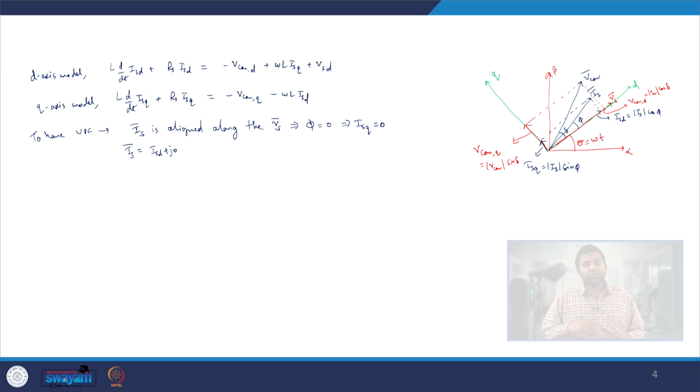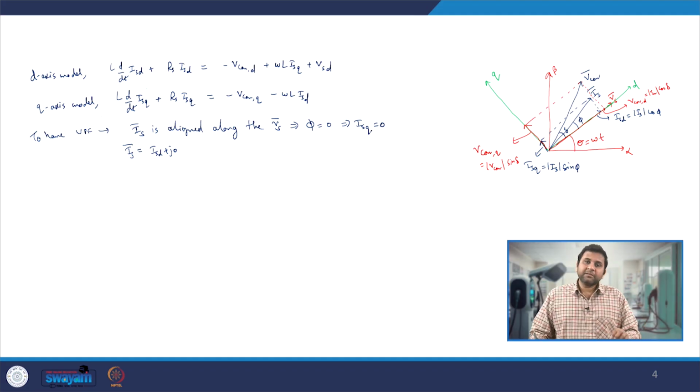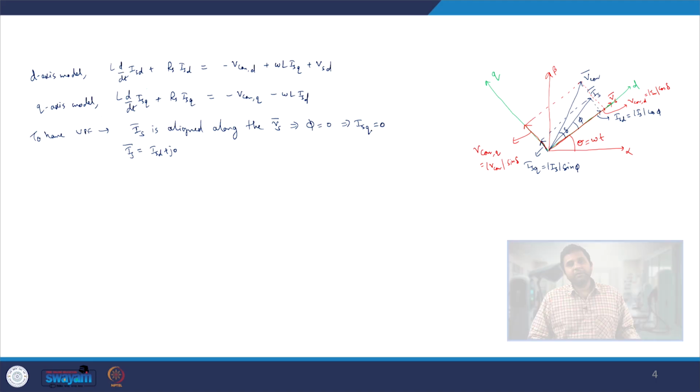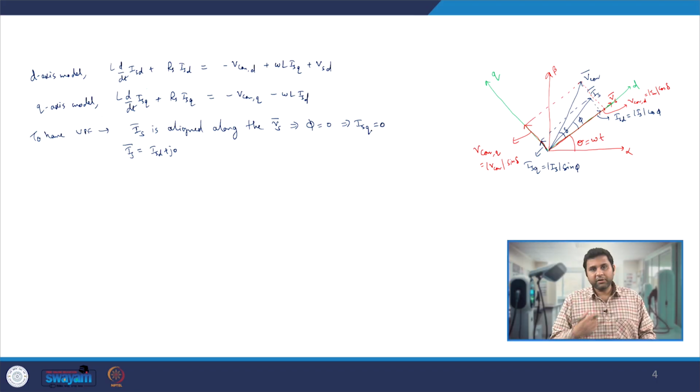And now let us say if we wanted to inject some reactive component of current, then we can make the ISQ component non-zero and then separately control the ISQ component and ISD component, and that is when you can also supply the reactive component of current, and you can have the required active compensation. However, in our case, since we are drawing current from the grid, we want it to have unity power factor, and that is when we ensure my ISQ component to be 0.